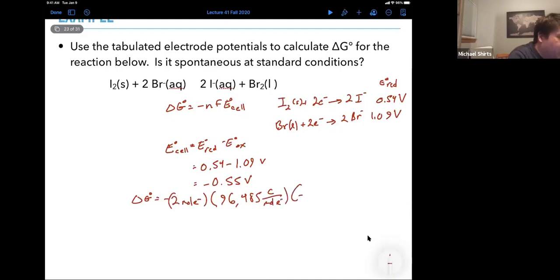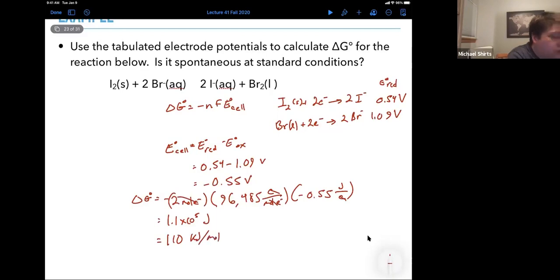And then we have minus 0.55 volts, but remember a volt is a joule per coulomb, so those cancel, those cancel, those cancel. We get an answer of 1.1 times 10 to the 5th joules per mole,